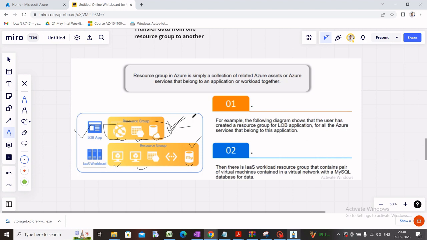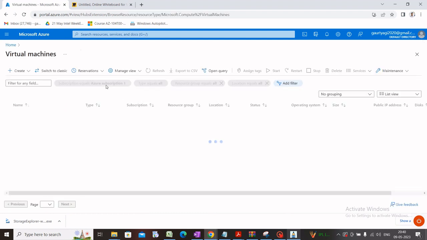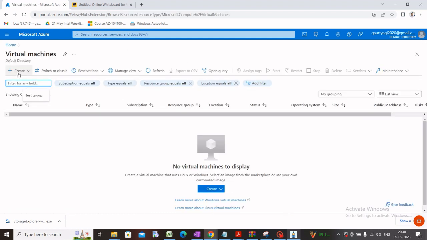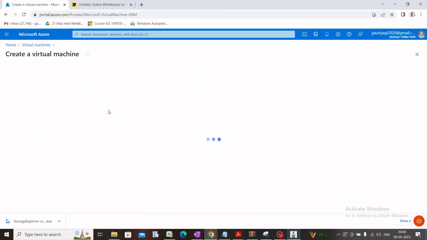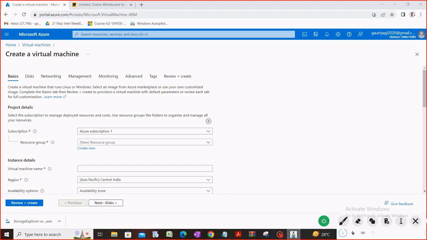So firstly, I would like to show you how it looks. Let's go to my Azure portal. Let's suppose any kind of service in Azure. Let's suppose we have this virtual machine and I want to create a virtual machine. So what will happen? The very first thing it will ask is the subscription. So it depends whether you have the subscription of